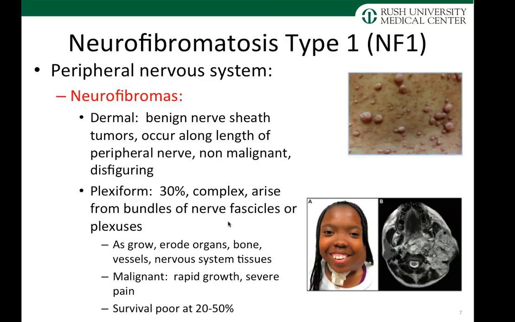So on the bottom right picture here, you can see a girl who has a plexiform neurofibroma, and it's essentially growing around the side of her face. So you can kind of see it on her neck, her lower face, and neck. And when we look at the imaging study here, we're looking at an axial cut. You can see the spinal cord is kind of down in this area, and you can see her teeth here. So this is as if we've kind of cut her right along this realm here. And what you can see over here is the tumor, and you can see it looks very heterogeneous, and it is pretty much expanding and eroding all of the bones and tissues that are over on that side of her